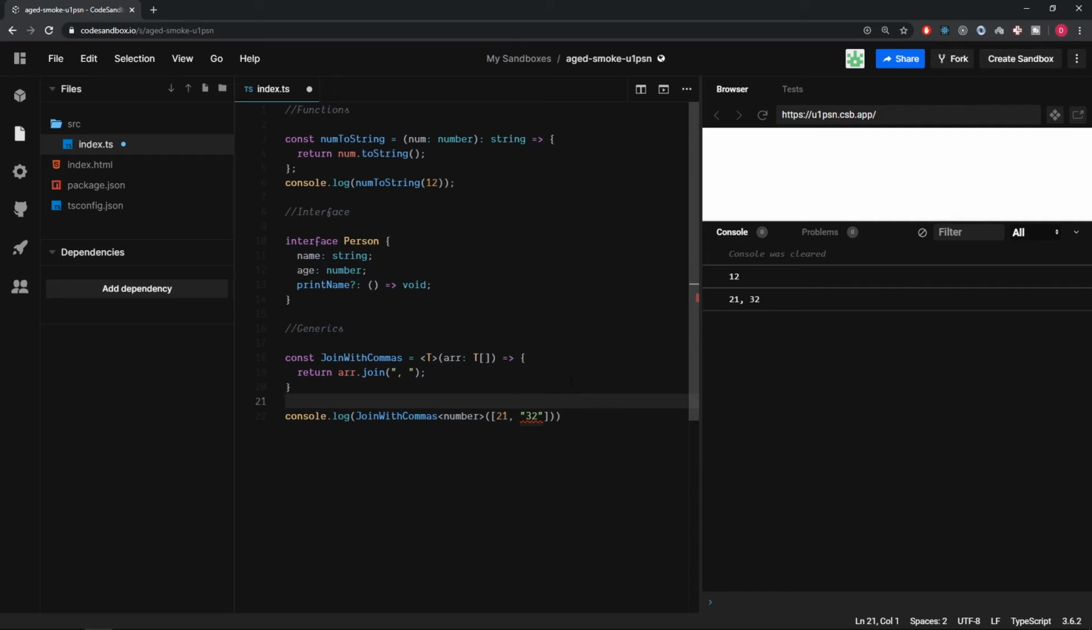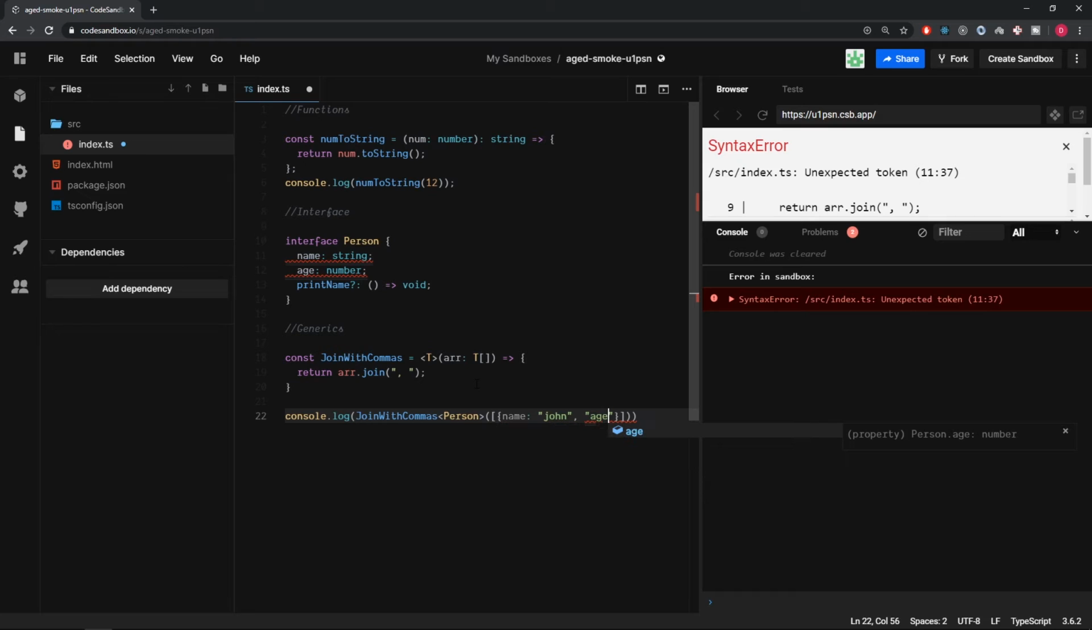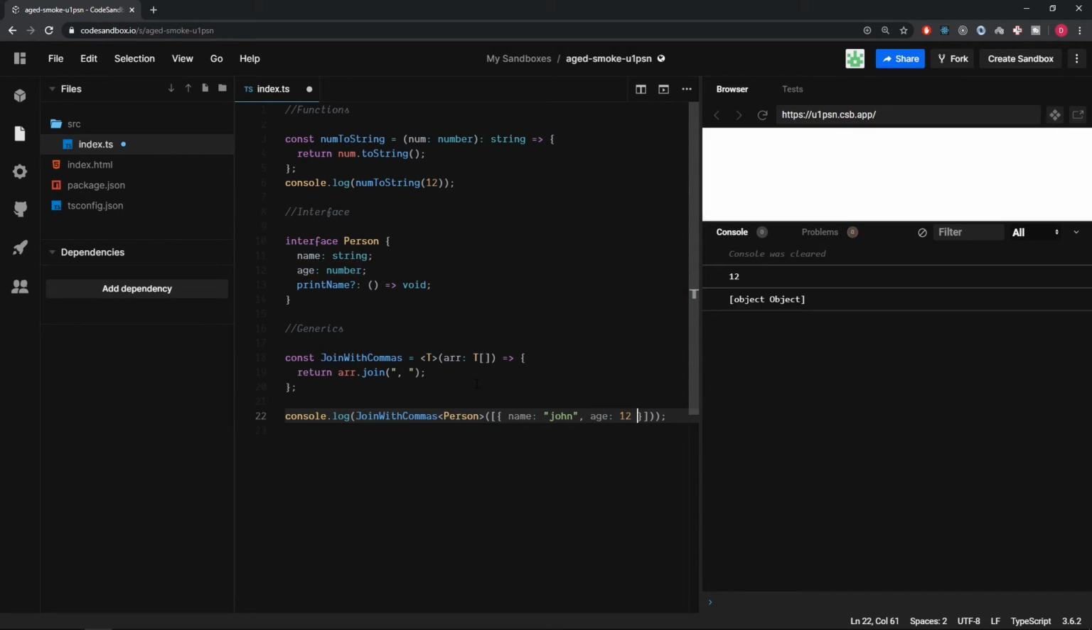then we can turn it into a string and join them. And just a quick other note, we can also set the generic to be an interface, for example. So it can be an object, or we can set it to type Person, and then these would have to be of type Person. So I think we deleted all of them. So let's say name John, age 12. Although it's going to return a string, it throws object because you can't just convert an object to a string without doing something like JSON